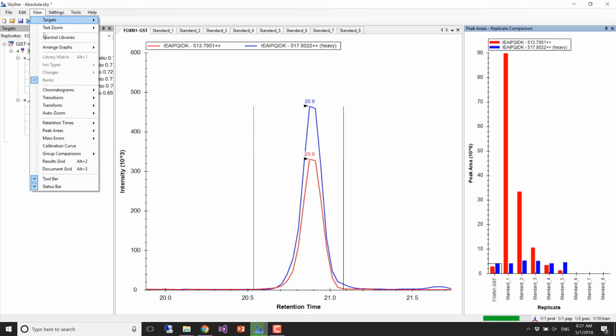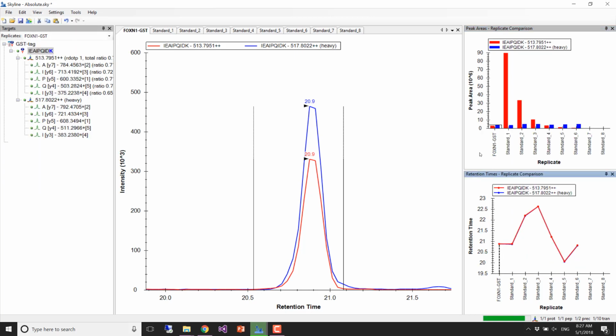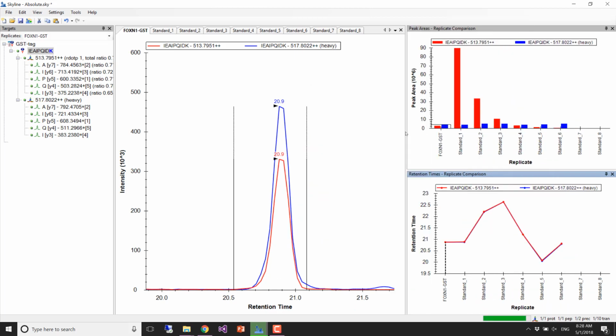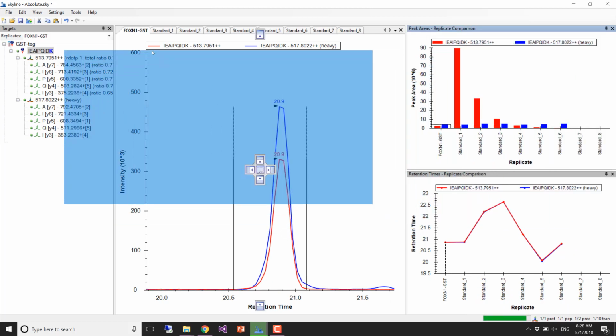I can go View, Retention Times, Replicate Comparison, and now I get something showing me the retention times. So, okay, while we're here, I guess I'll pull this out. This is probably the